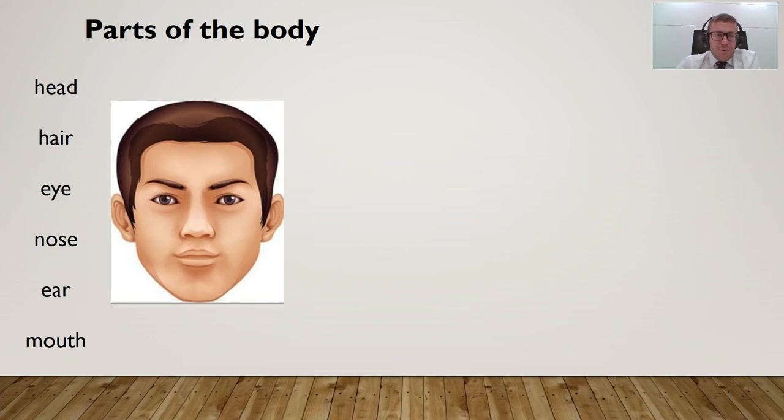So try to remember the spellings, some difficult spellings like I, E-Y-E. It's difficult, it's easy to say, difficult to spell. Nose, it's got a Z sound, but we spell it with an S. Next,